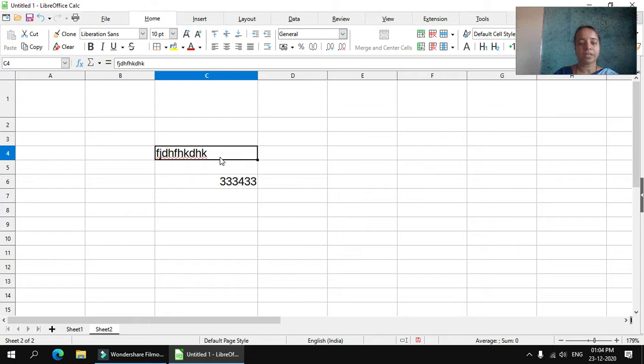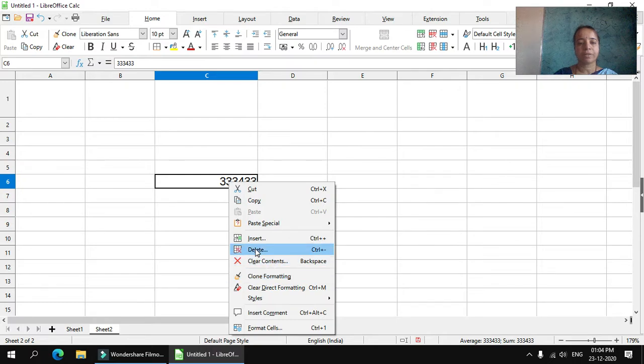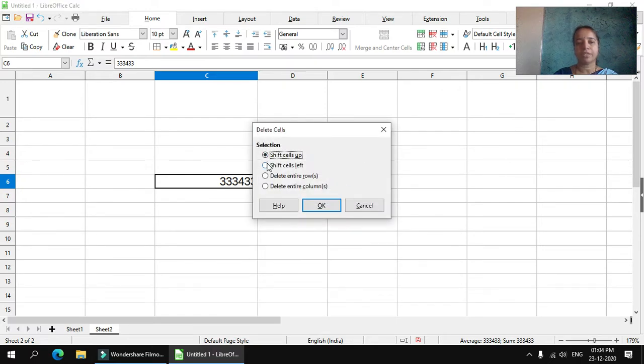If you want to delete the data, you can press the delete key. Otherwise, select the cell, right click and press on the delete option. It will delete the data from the particular row or column, and it will shift the cells up.